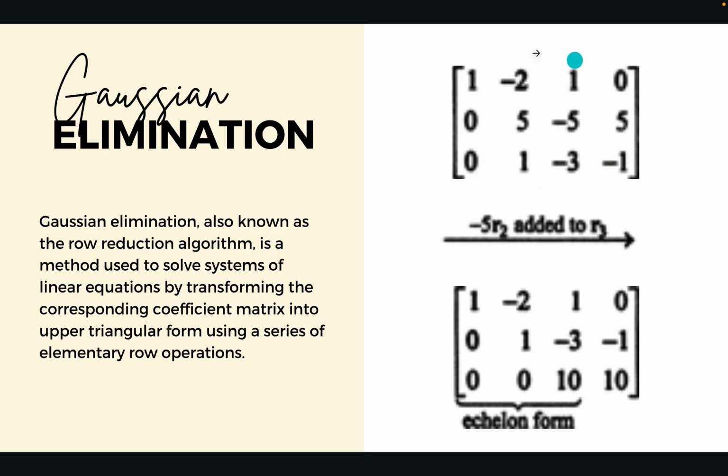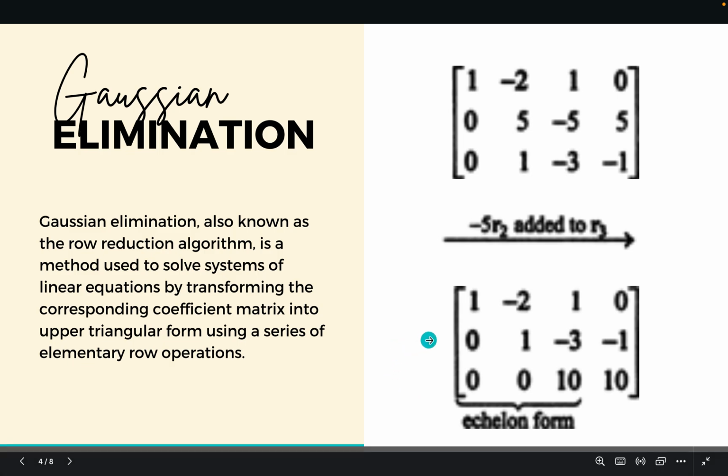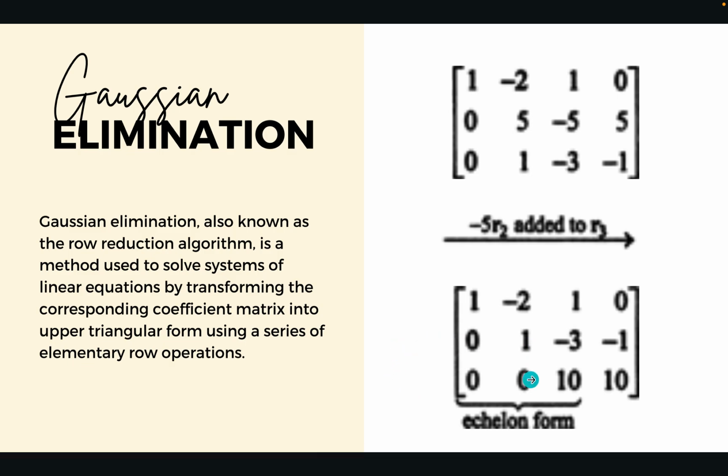Next, we have come to this matrix and we convert it into this by multiplying row 2 by negative 5 and adding it to row 3. Now, this was not this matrix; it was actually row 2 and row 3 switched first, and then we moved on to this, because that makes it easier to solve and that does not leave our matrix in fractions. So once we get this row echelon form,